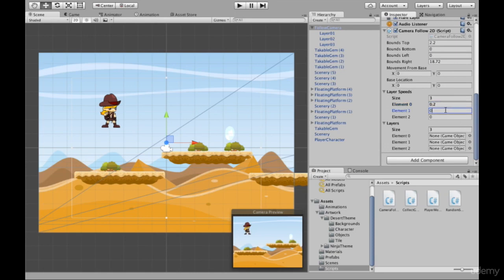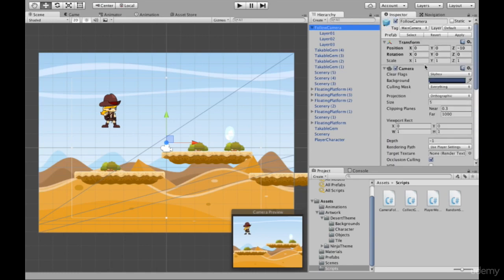Next one we want it to be a reasonable bit faster, so let's put it at 0.6. And again with the frontmost layer, let's go with 0.8. Now what we can do is just grab our layer and drag it onto its element. So do that for all 3 layers. Okay, and that's it. Let's now apply the prefab